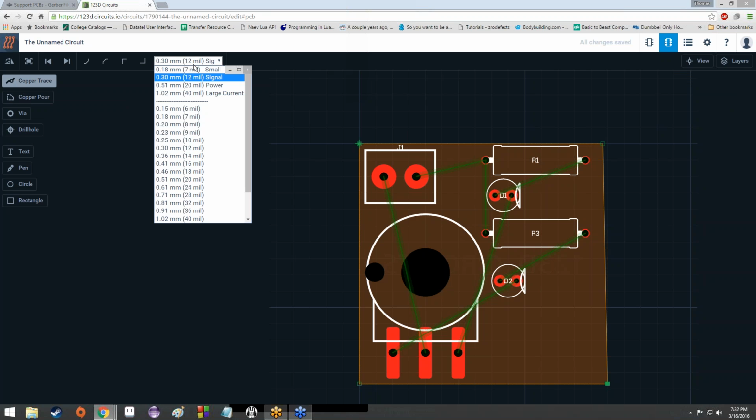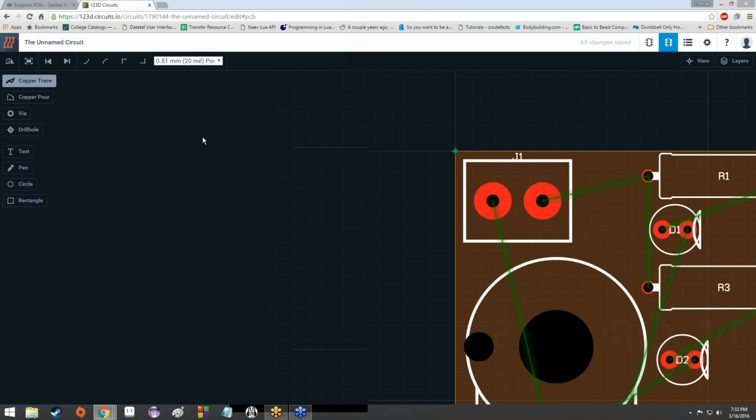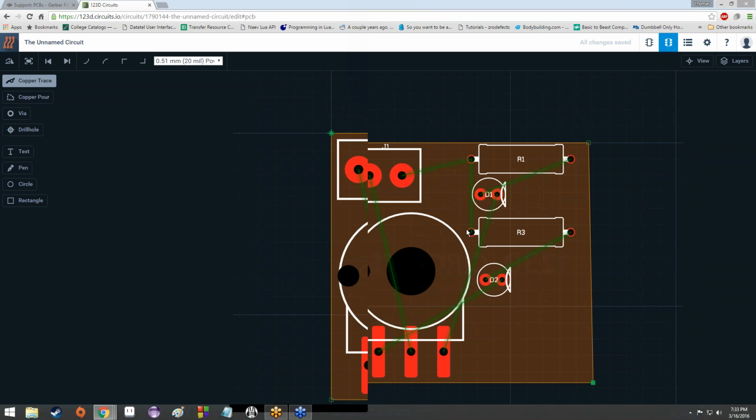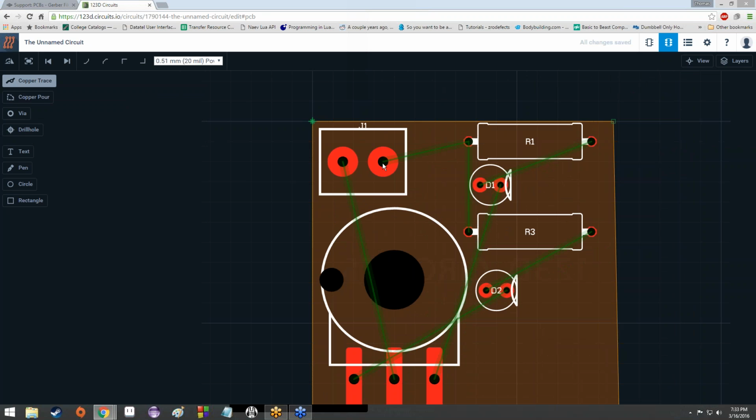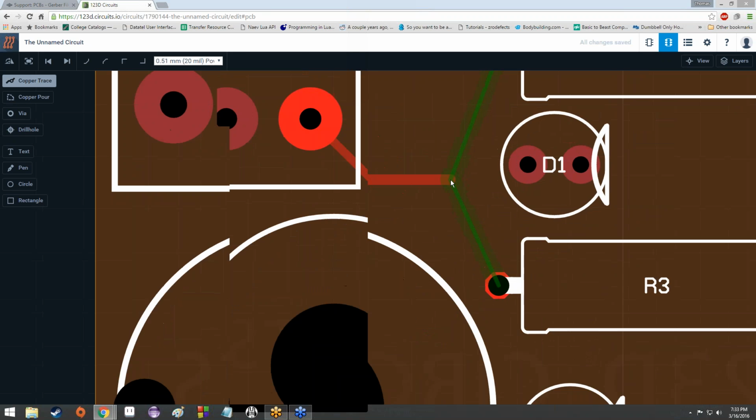Because it can dissipate heat better, and it has lower resistance, and it's just all around better for larger amounts of power. We're gonna go up to the 20 mil or the 51.51 millimeter option, because we want to make it a little bit thicker. And we're just going to start by doing a connection from our power screw